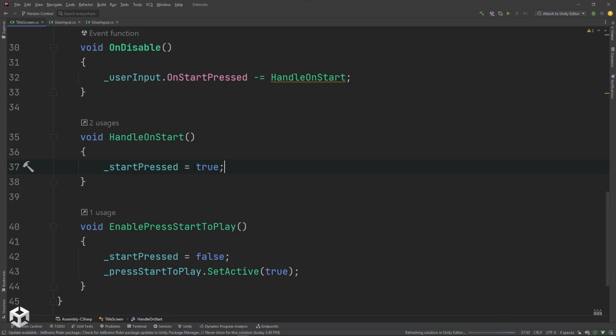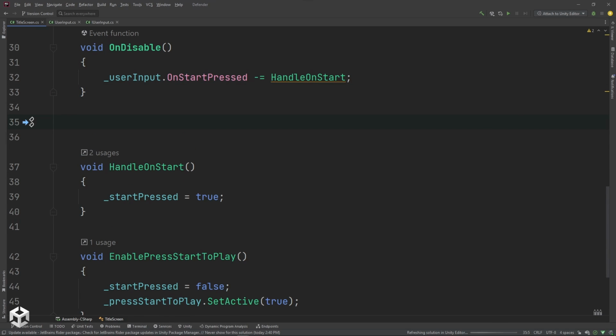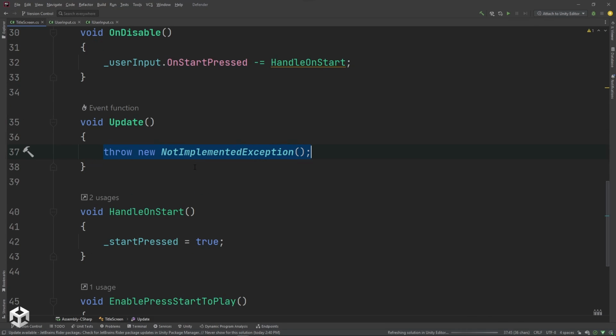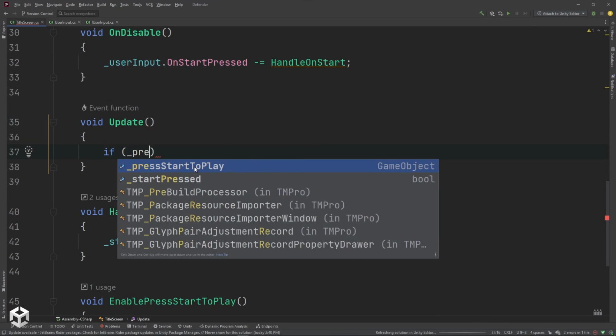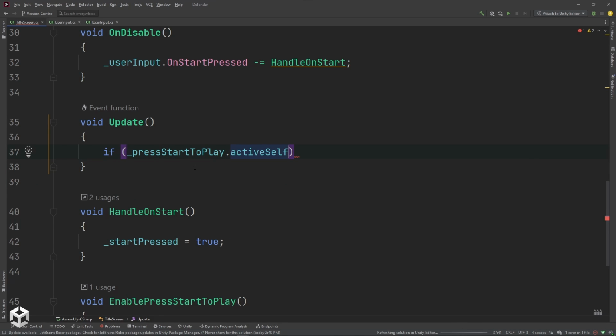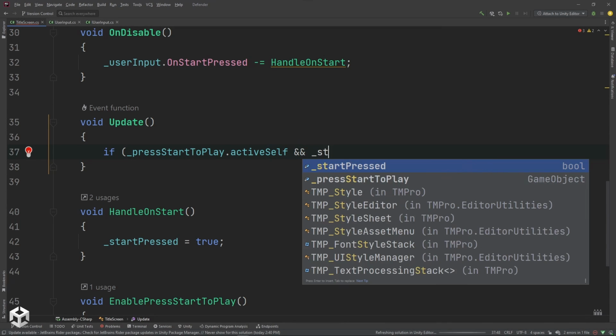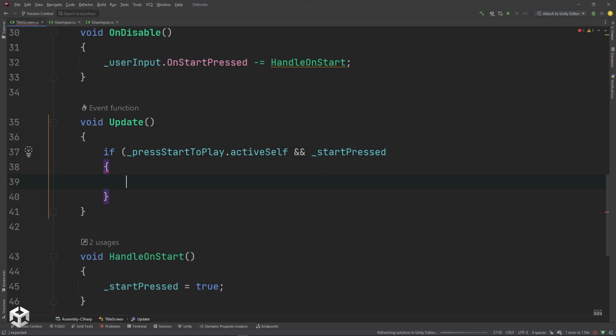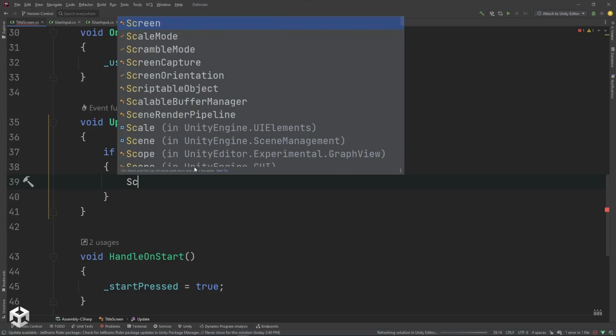And we're going to add an Update method. So in Update, if pressTheKey.activeSelf, so we've displayed the prompt saying press start to play, and startPressed is true, then we're going to call our SceneManager,